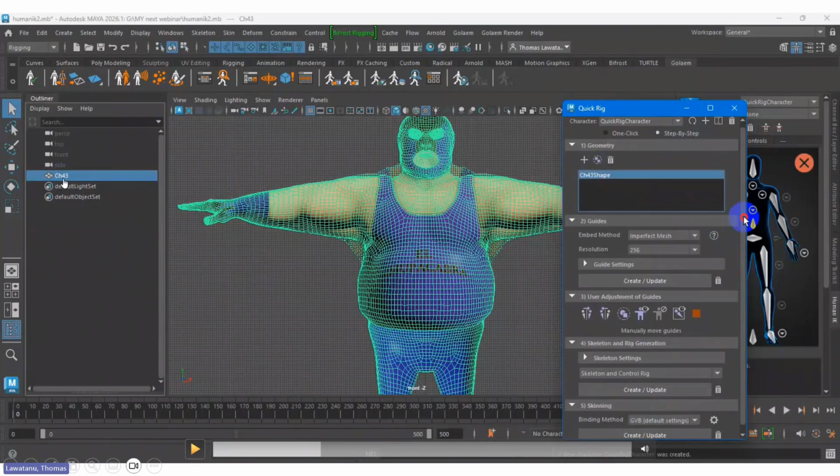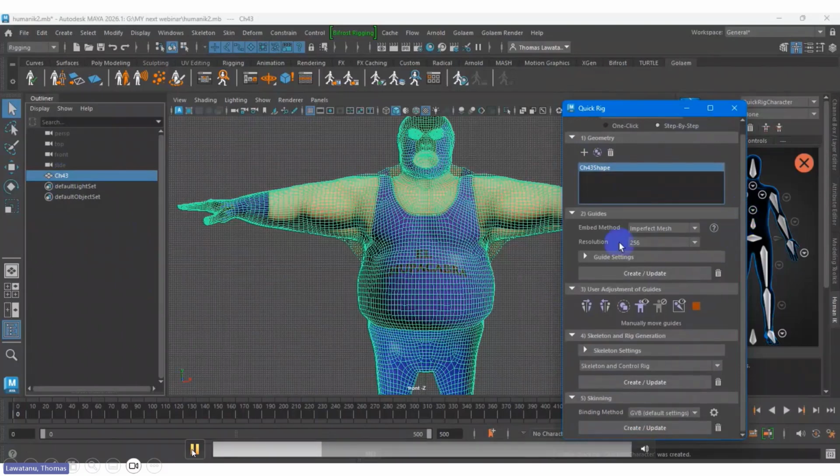You can select them with Shift in your outliner, then add them inside the quick click. Maya gives you a list of what you want to add to the quick click. Okay, so this is the other option.